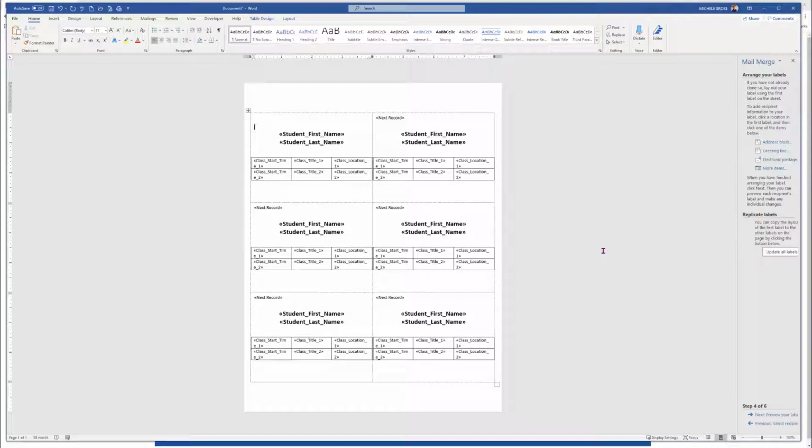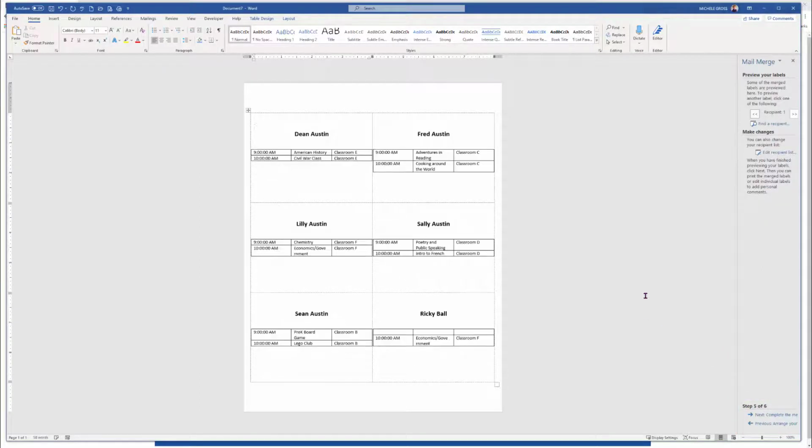Alright, so now we want to see what it looks like. At the bottom, step 4 or 6, we're going to click on preview your labels. And here we have our labels. You can check and see what it looks like. And if it looks good to you, now you can see Ricky Ball's not coming first hour. Okay. And so what I like to do is edit my labels a little bit if I need to tweak things,